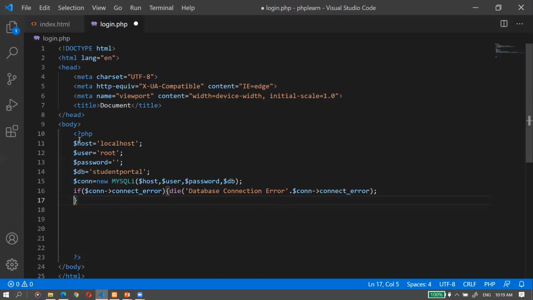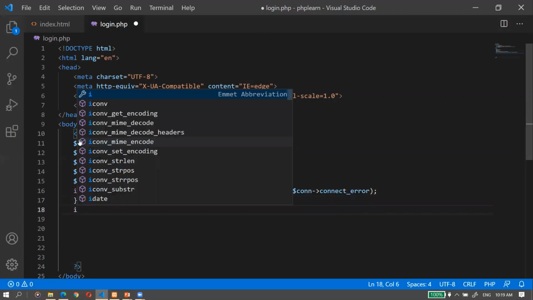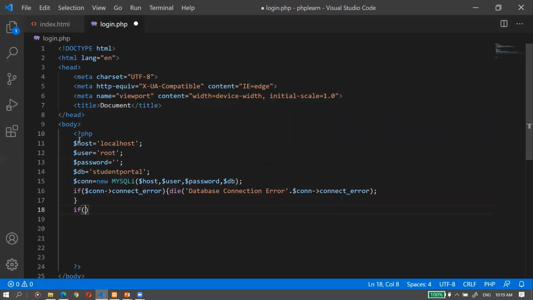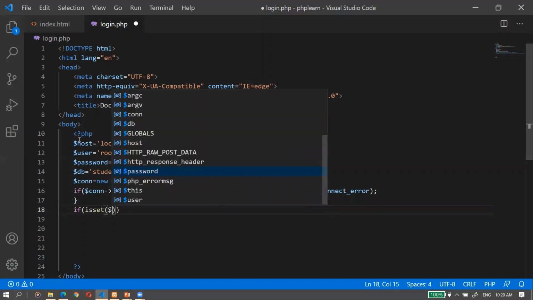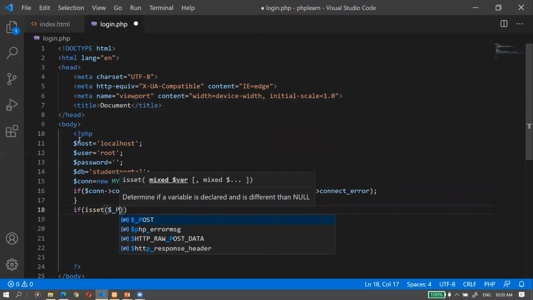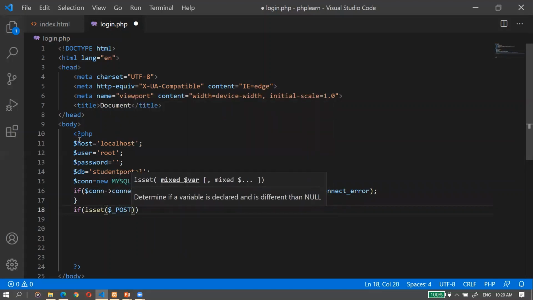Now, if my connection is successful, what do I have to do? I will check with isset, which is just to check whether something has been set or not. We have two buttons, the login button and the registration button. If those buttons are pressed, it means there is some value. So we check isset $_POST.